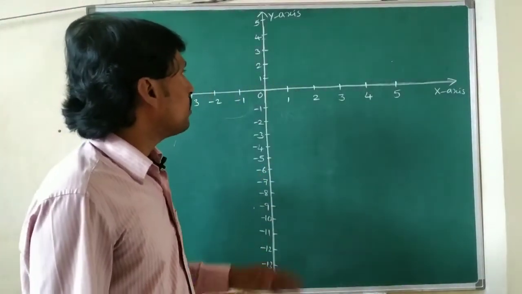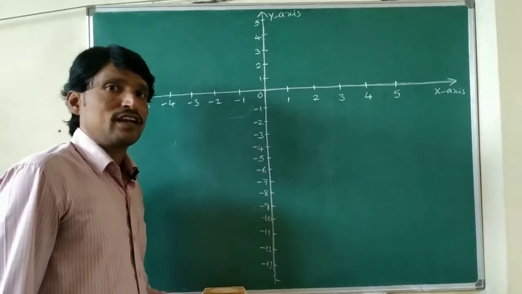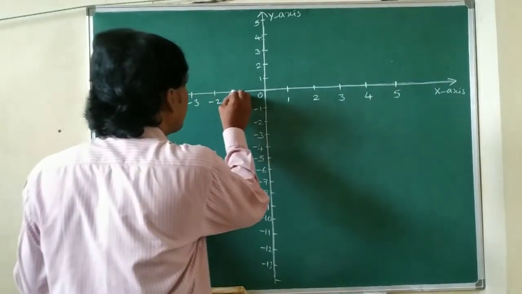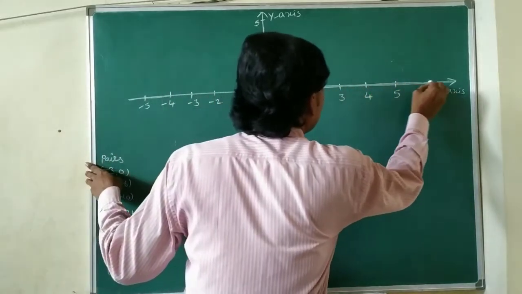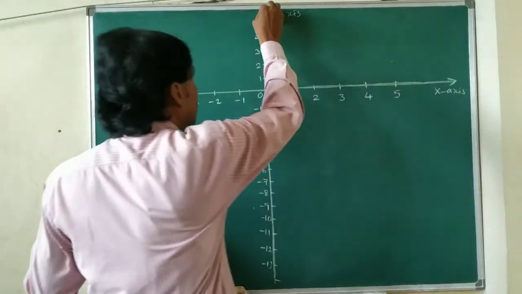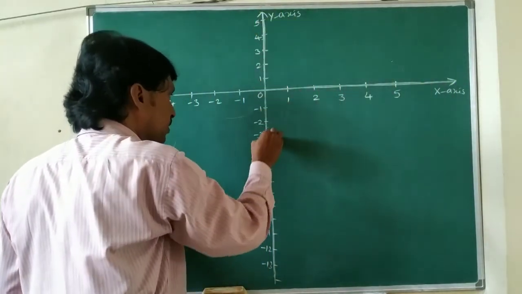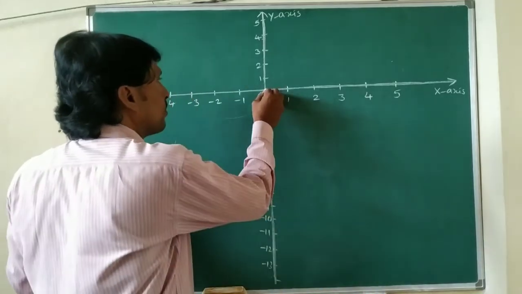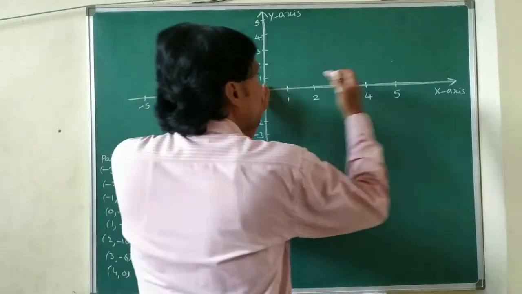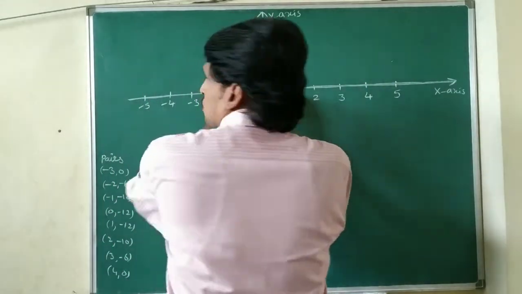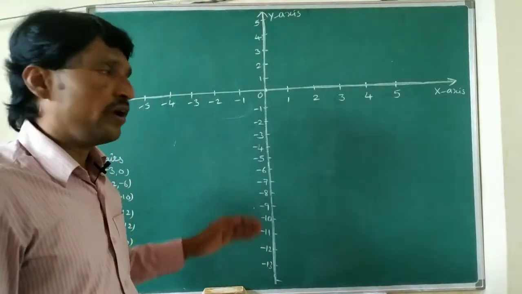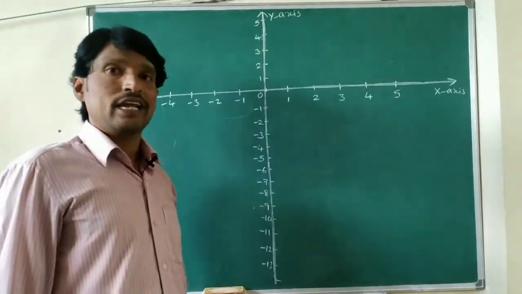Now let us see, this is the graph sheet. You have to think of the graph sheet. The line parallel to the base is called the x-axis. This is the x-axis. The line perpendicular to the base is called the y-axis. On the x-axis and y-axis, the intersecting point is 0. To the right side of 0 the values are positive, to the left side of 0 the values are negative. Above the 0 are positive values, below the 0 are negative values.